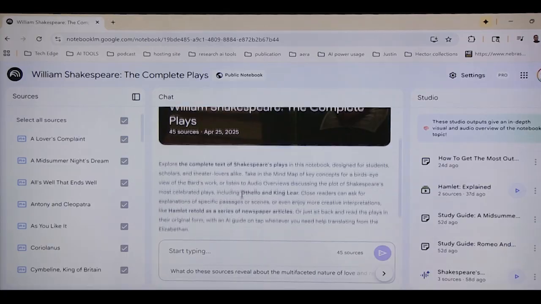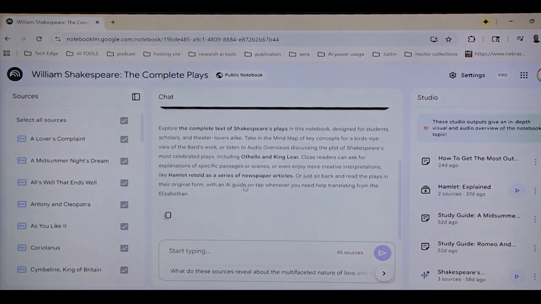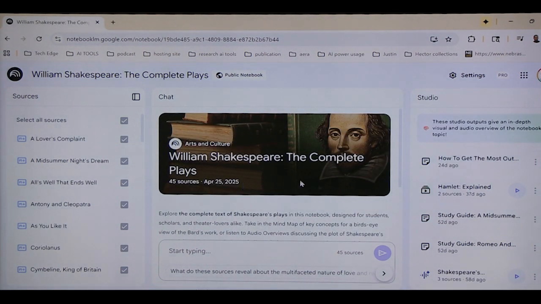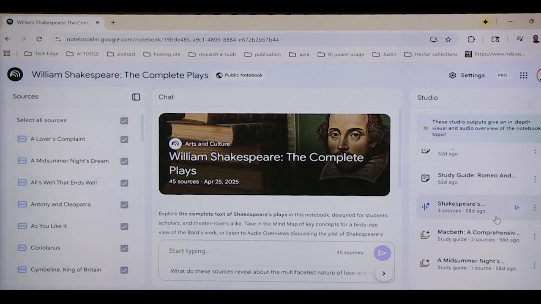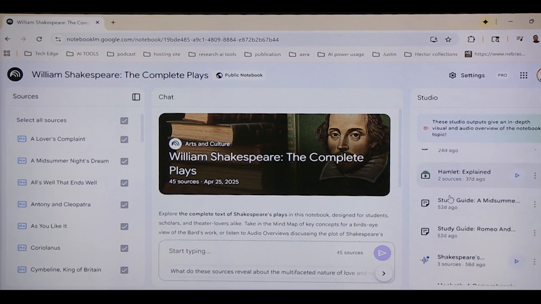And in the middle part, it will give you the brief overview of the document or the notebook. And you will see it over here. On the right side, you have the chance to have a video overview. Here you see there's also an audio overview that you can play and listen whilst on the go. And these are some of the features. You can also add notes as you are listening to the document.